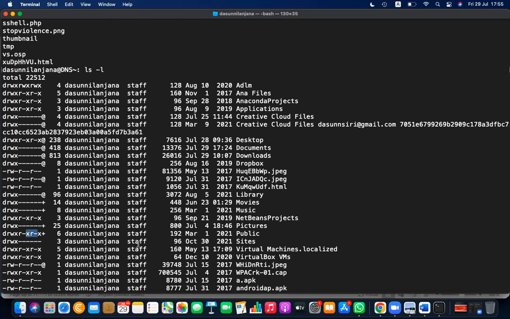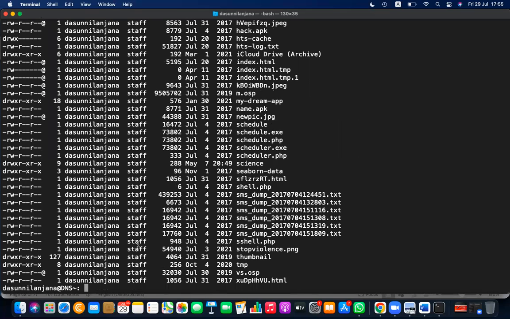Right? This is another set of permissions. Maybe you are not clear since you are not using Linux or Mac OS, but let's understand this using Windows. Windows also has these features. Okay, another thing is